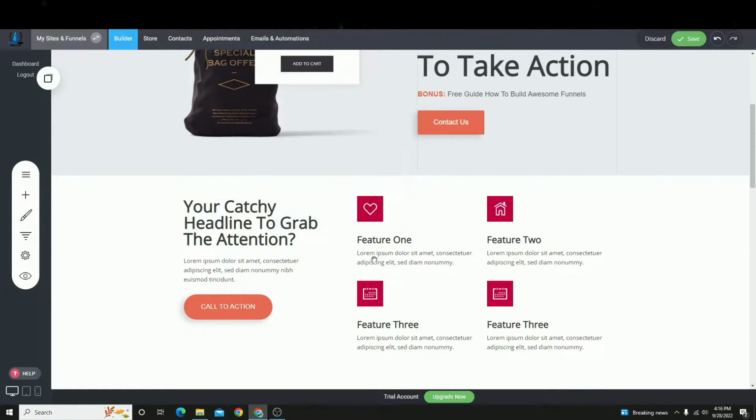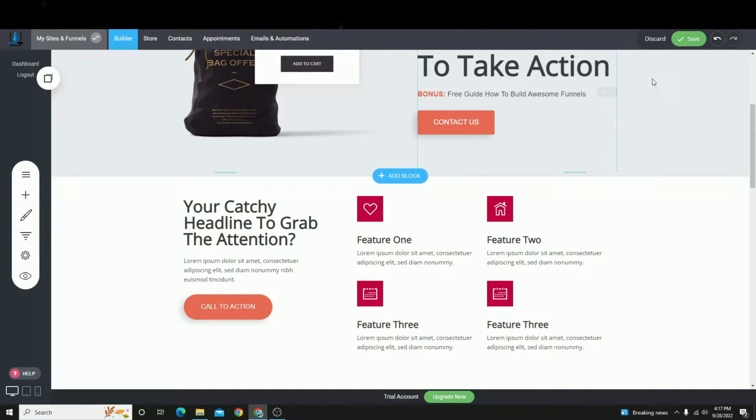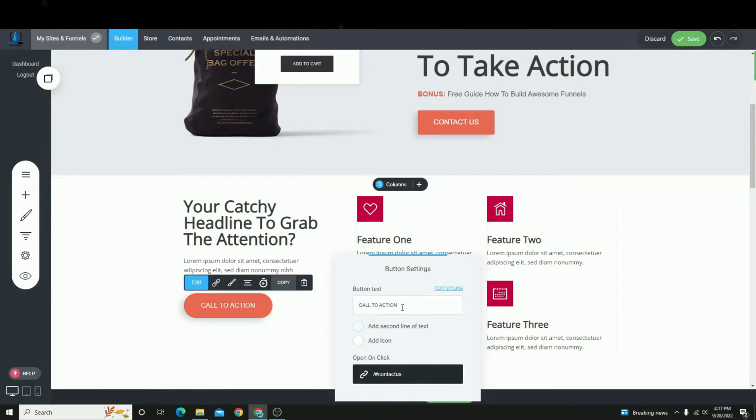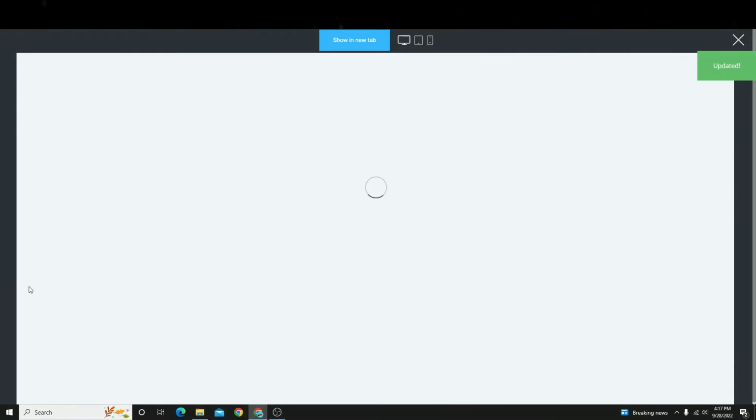Contact us, right? Just like that. And if we want to make it look a little more professional, typically we use all capitals in the website building world for buttons like this. Contact us. Save that. Go over here, hit edit, and type in Contact Us, just like that. And now we have two working Contact Us buttons, so that when a consumer's on the website, and we could